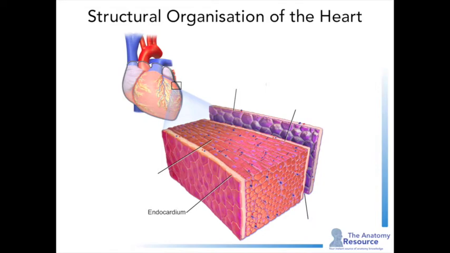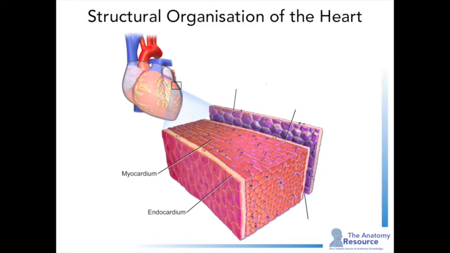It detects changes in the blood. It also forms part of the heart's endocrine function, which is secretion of factors such as atrial natriuretic peptide. So the endocardium is a very important chemical controller as well. The most important tissue layer, though, is the next one, which is the myocardium. This is the muscular layer that's responsible for generating that forceful contraction that will expel blood into the systemic or